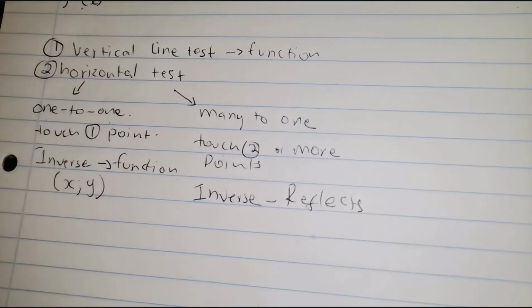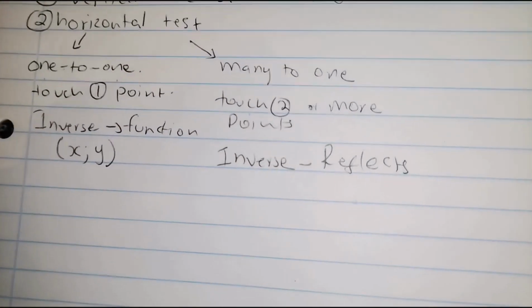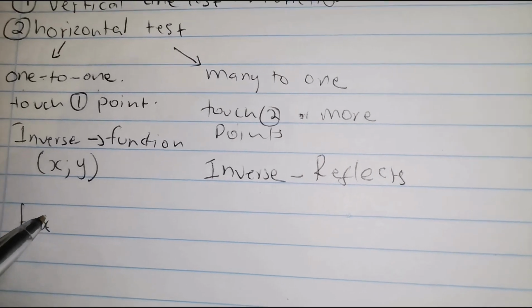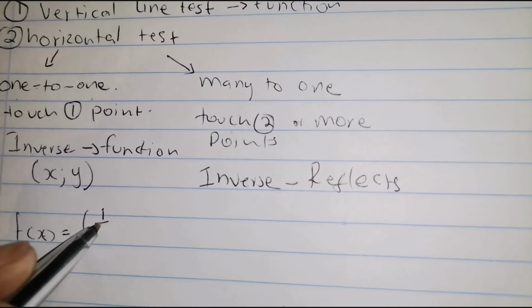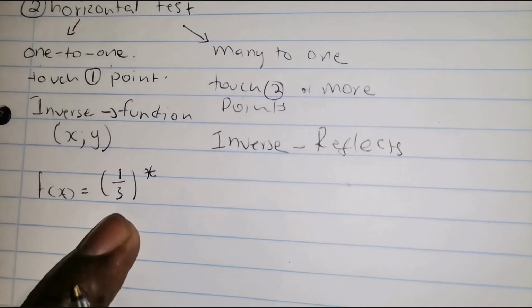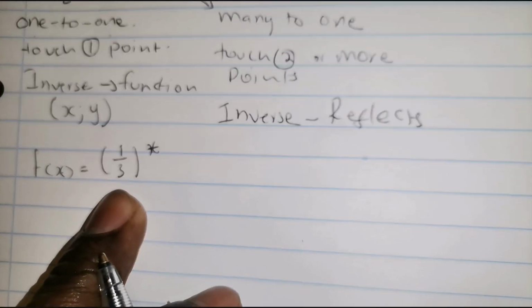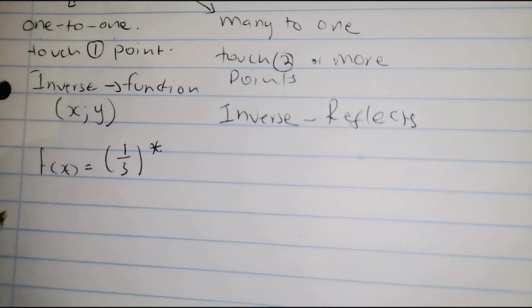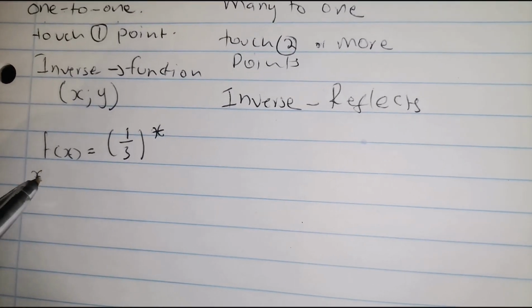Yes, let me just draw the graph of f of x equals 1 over 3 to the power x and draw the inverse of that function. F of x is equal to 1 over 3 to the power x. Then what is the inverse of this function? Let's draw the graph of this function before we determine its inverse. The graph of this function is so simple. For the x-intercept,